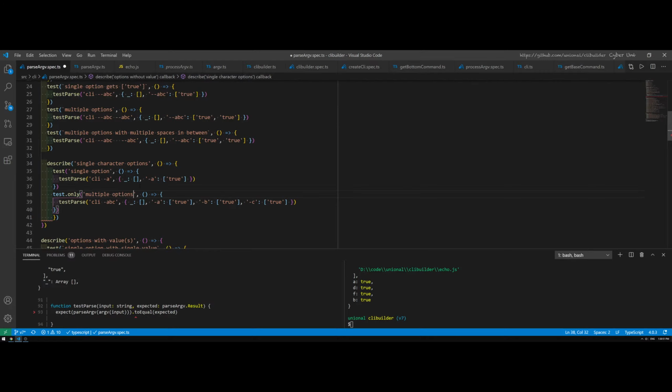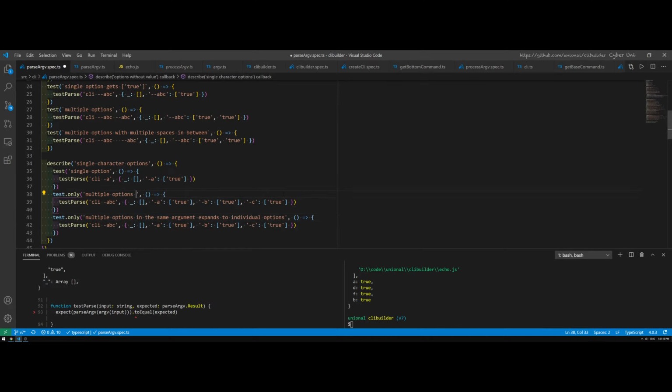Multiple options in the same given. Expands to individual options. Okay. So something like that. And then another case I want to test is